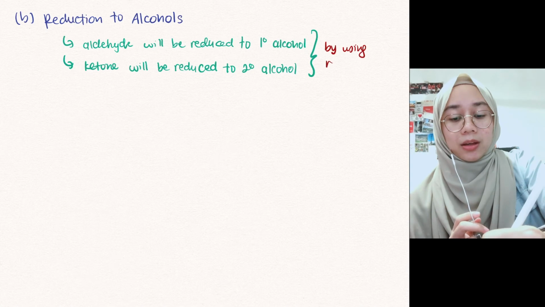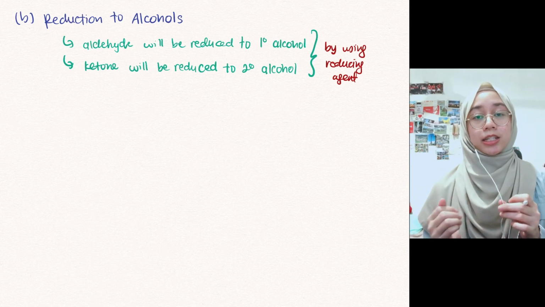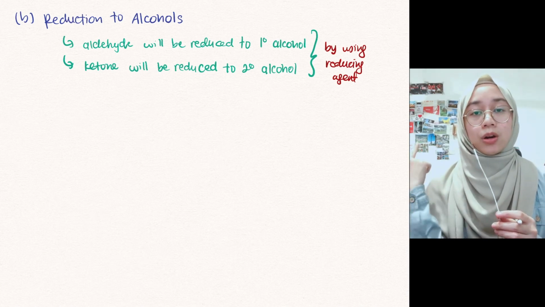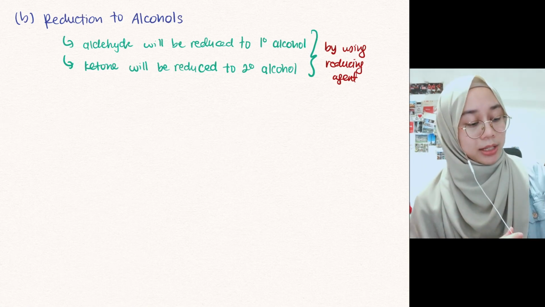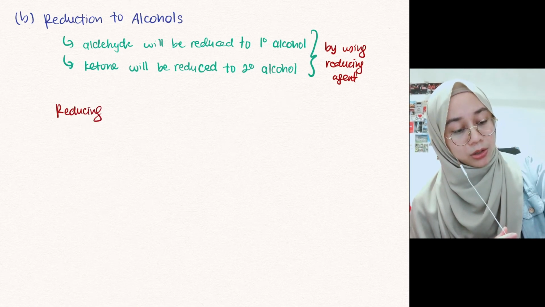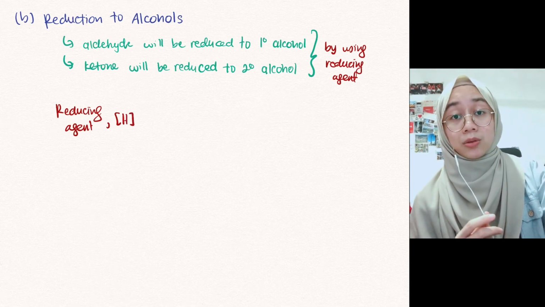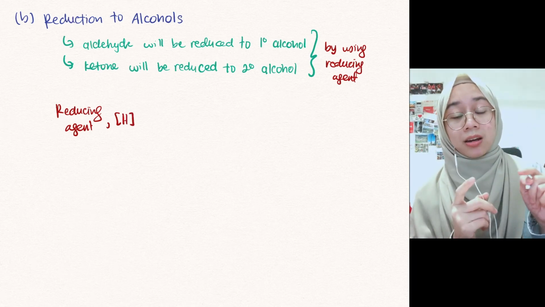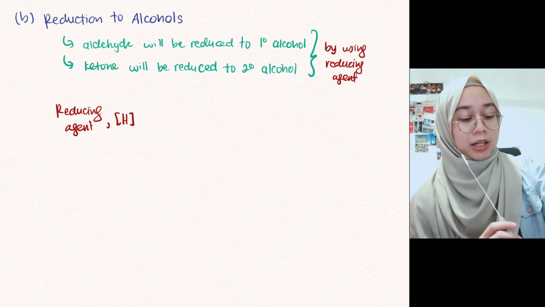Okay, so let's have a look at apa benda lah reducing agent ni yang kita guna. Okay, kalau oxidizing agent, we have K2Cr2O7, PCC. Okay, so kalau kita tengok pula reducing agent ni, what is it? So let's have a look at that now. So reducing agent pula kita guna H macam ni. Kalau oxidation kita guna O kan. Okay, kalau reducing agent kita guna H pula. Okay, so the first one